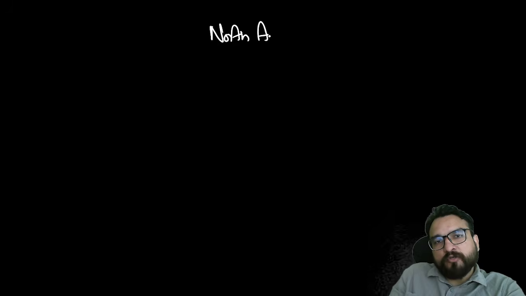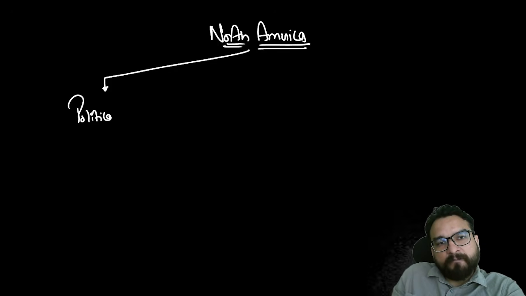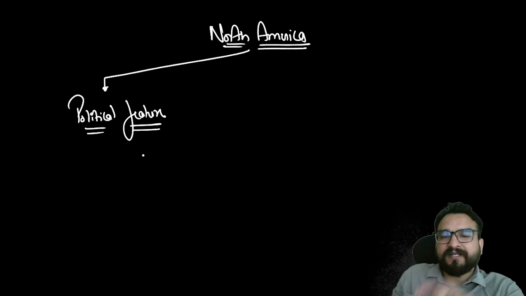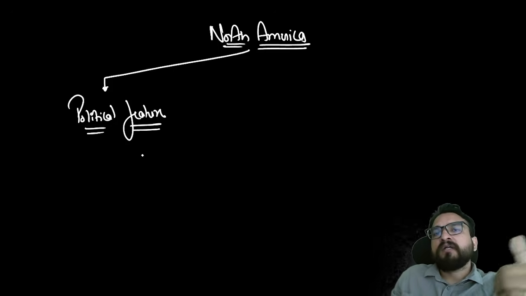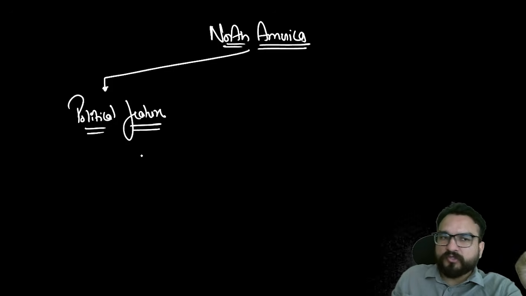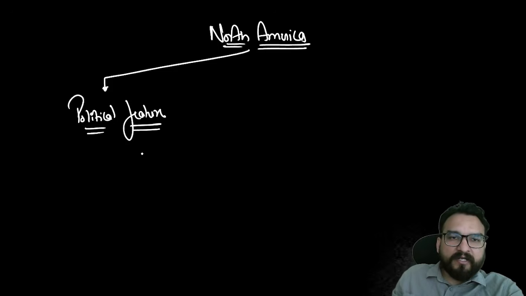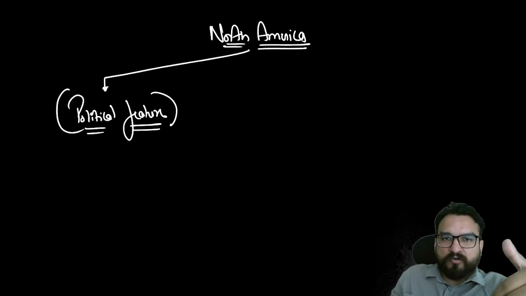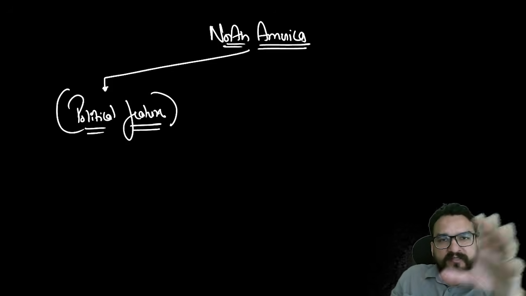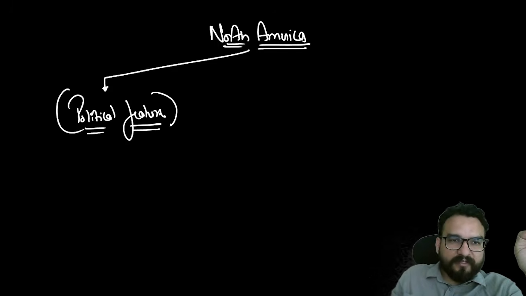What will be the approach? The approach is going to be same. In order to understand a new continent, that is, we are going to take North America now. So North America also, we will be dividing it first of all by understanding its political feature. Now the best part over here is that there are less countries which you have to focus. There are some chaotic countries also. Chaotic means difficult to understand, difficult to learn their actual position, but we will be learning it. I will be trying hard to make you understand that too. But political features are easy over here, North America, because you will be finding three major countries and then there were Caribbean countries and some Central American countries, right?